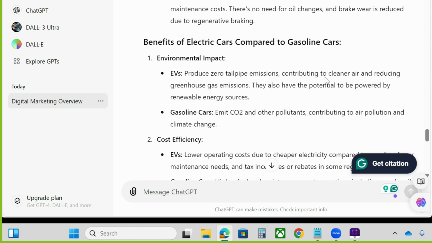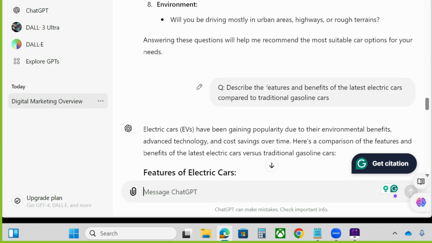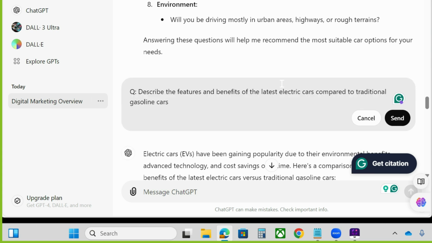See, again, what I will do is, here I wanted only the features and the benefits. So now again I will modify this chat. I will master this chat. So what I will do is at the end,